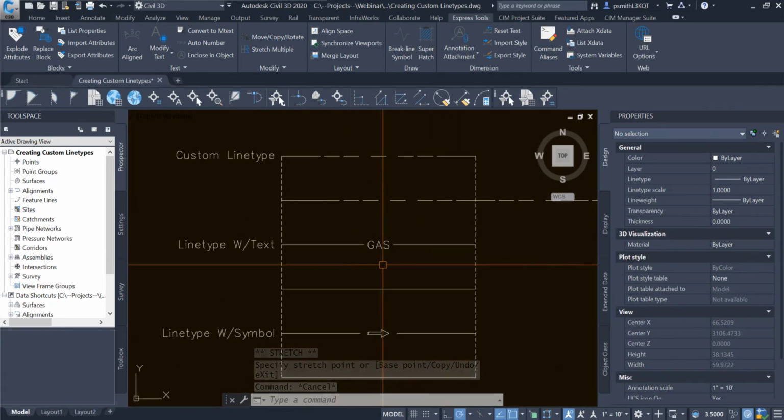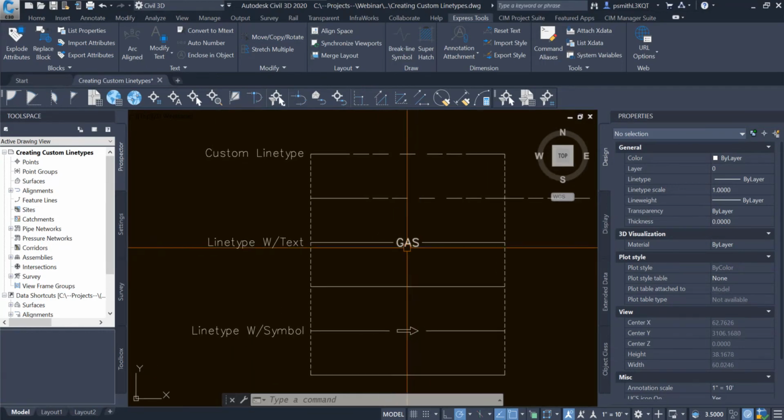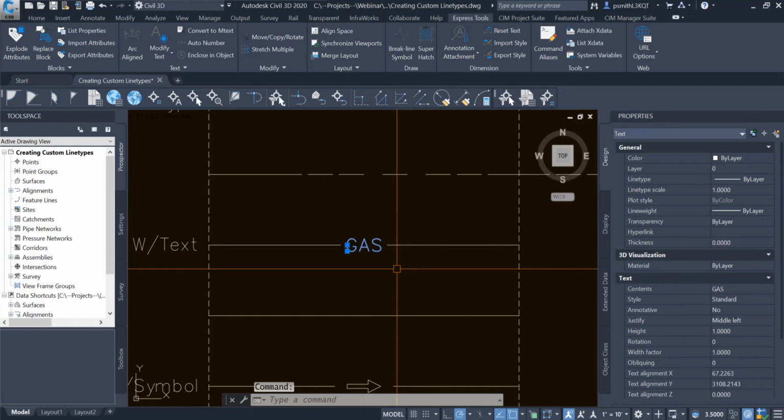Alright, next up, let's go down to our gas line here. So we want to add some words. You can add any type of words that you want into this. I'm just going to use a generic gas line here. So with the gas line,